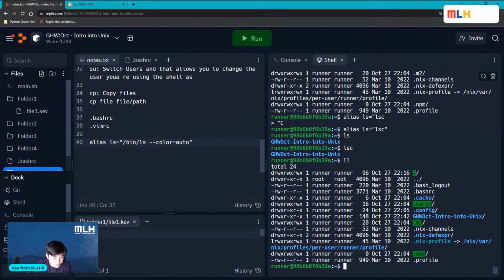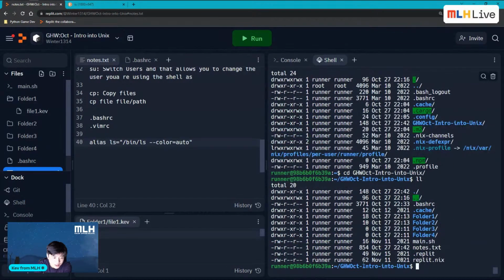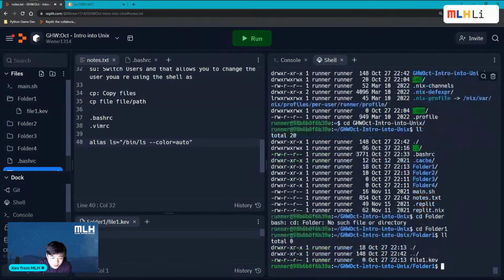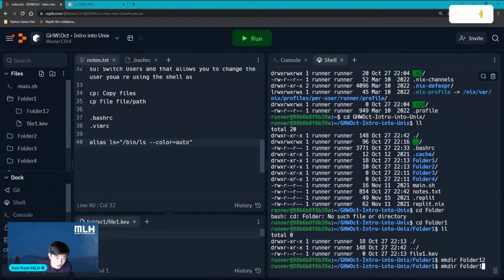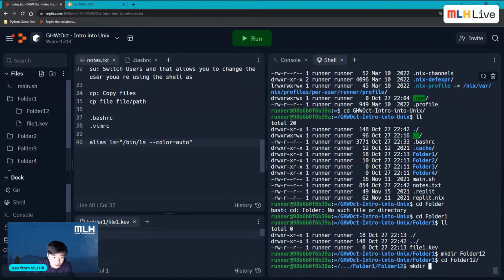So for now, I will show you a customization you can always do. Let's say I use the Global Hack Week October directory a lot. Inside this directory, I use, let's say, folder 1 a lot, and let's say I'm going to build this out, right? So I'm going to build more folders. I'm going to make dir, let's call it folder 1, 2, and then I'm going to cd into folder 1, 2, and then I'm going to make dir, I'm going to call it folder